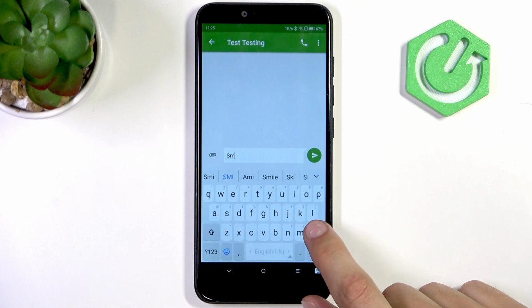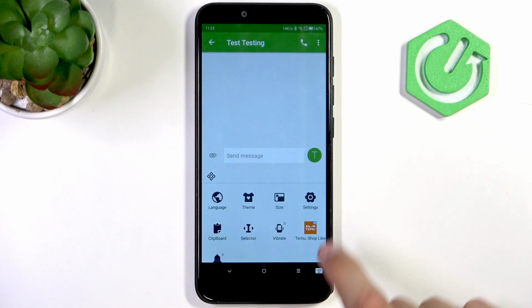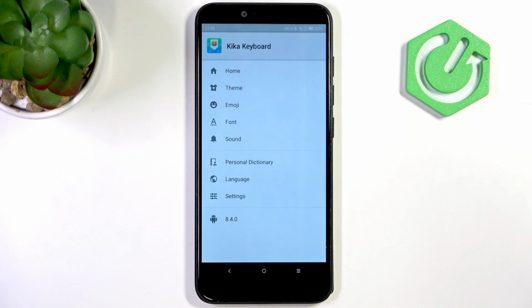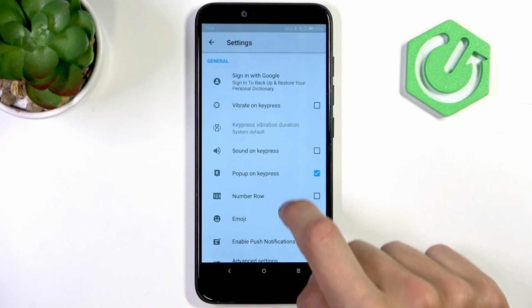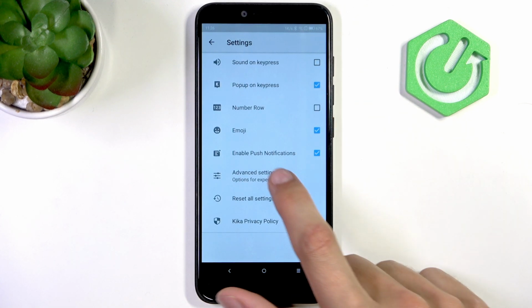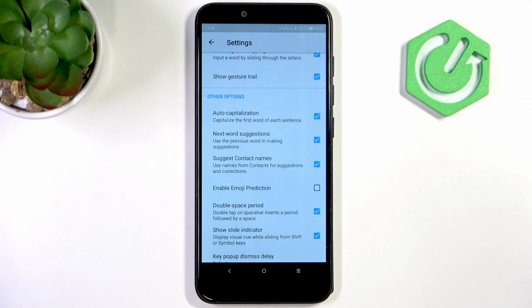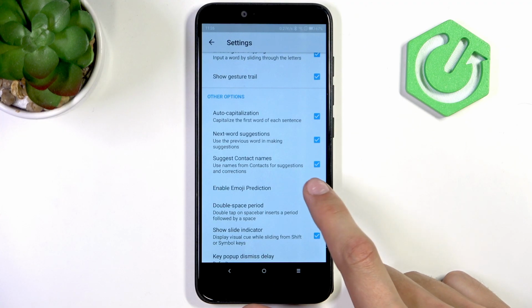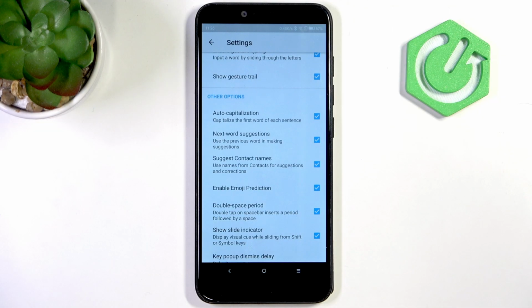However, you can enable that by clicking on this button, then Settings. In here, click on Settings again. Here, swipe down to Advanced Settings. Now, swipe down until you see Enable Emoji Prediction. Here you will have to click Agree. This will enable emoji prediction,